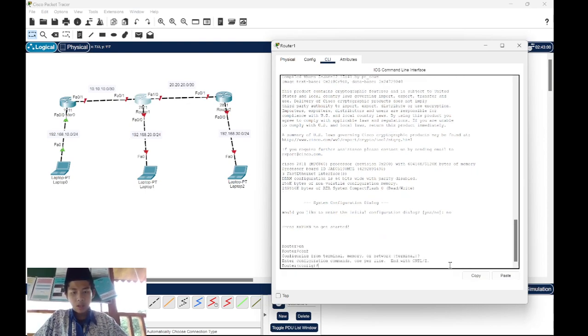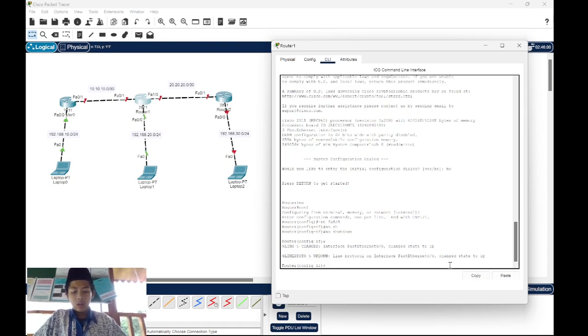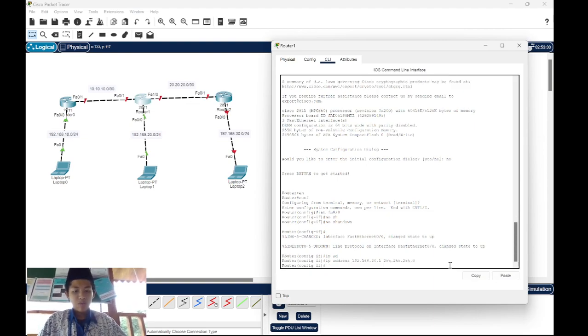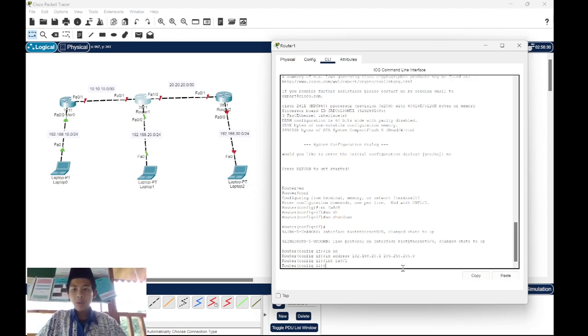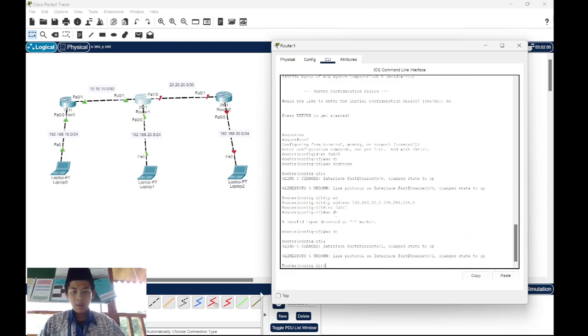Next, the second router, we use the same commands. Enable, config terminal, interface FA0/0, no shutdown, ip address 192.168.20.1 255.255.255.0. That is for the client. Now we continue to interface FA0/1, connecting to router 1. No shutdown. Already green. And then we add the IP address